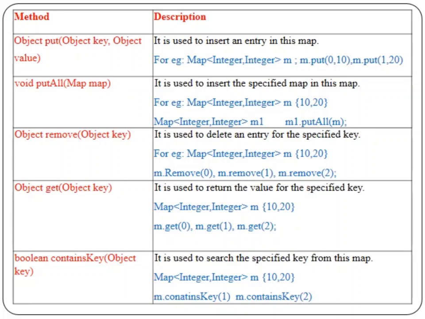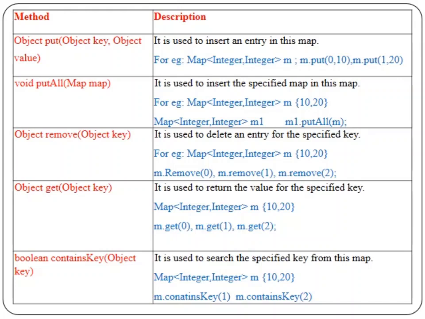So here we created the map interface with key type as an integer and value type as an integer, and m is an object of the map interface. I am adding the value 10 with the key 0 to the map interface. So the value 10 will be stored with key 0, and with key 1, the value 20 will be stored into the map interface. So the two values 10 and 20 have been stored in the map interface object.